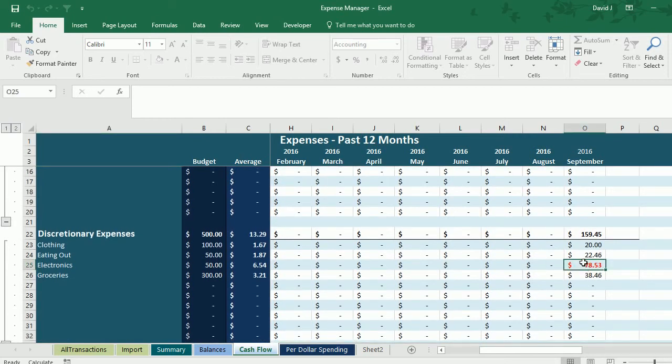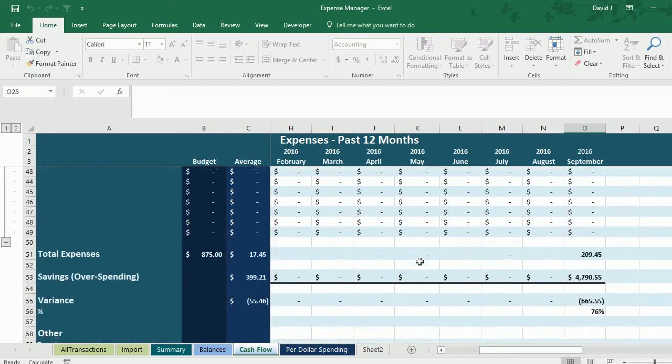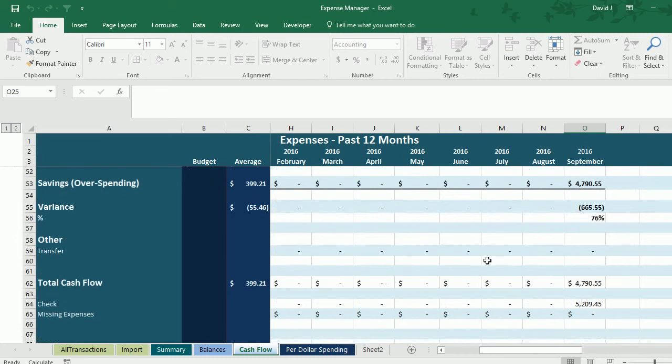So here, electronics. September I spent $78. I budgeted only $50. So the benefit of breaking down the categories, you can track it different ways, report on it different ways. And here, transfers, they net out to zero. So if I didn't post the other side of that transfer onto my credit card, then it would be an amount in here other than zero. So that's the benefit of that, is making sure that you've got everything